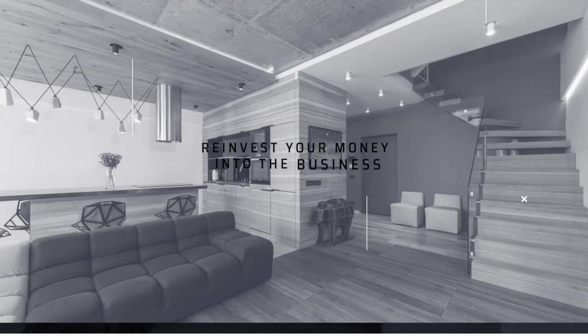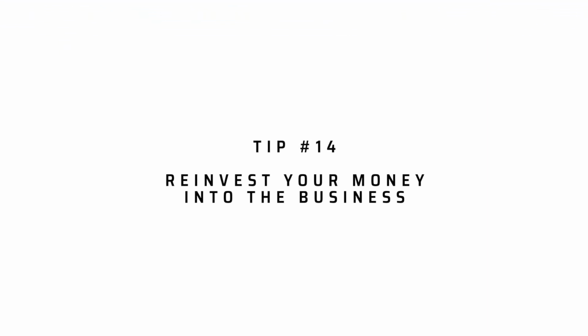Number 14, reinvest your money into the business. Don't just spend all the revenue you earn on fixing up things in your Airbnb property. Instead, use it as an opportunity to reinvest and buy more properties. It's a great way to grow your investment portfolio, so take advantage of that extra cash flow whenever possible. And who knows, maybe once you're done fixing up your Airbnb property, you'll have enough money to buy a second or third rental home. Now that's definitely something worth aiming for, so keep working hard and don't let yourself get